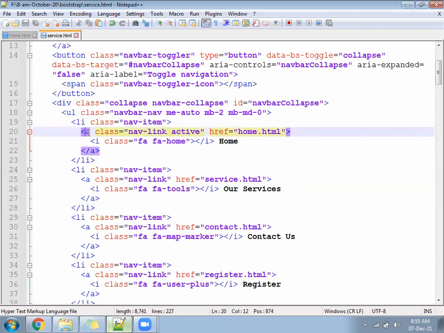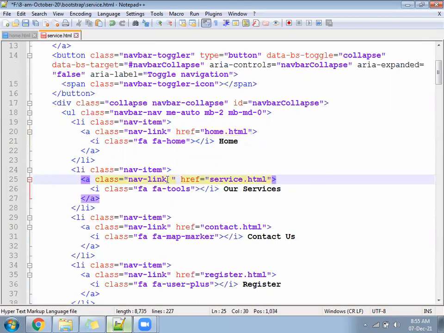Active class is applied for home here. We need to cut it from home and apply it for services. In the service file, cut the active class from the home link and apply it to the service link.